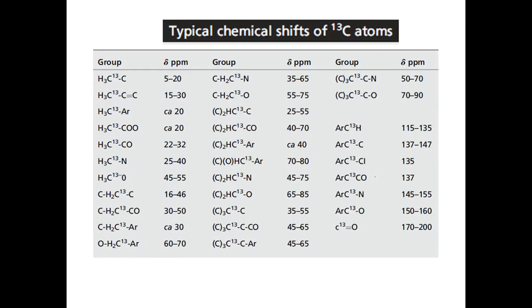So these are different chemical shift values for carbon atoms in different ranges. Normal aliphatic carbons are seen from 5 to 20 ppm. As the electronegativity of the attached atom increases, the ppm value undergoes a downfield shift. As you go on, you can see the value changes between 17 to 200 ppm. So they resonate at very different frequencies, which is why it goes up to around 220 ppm.